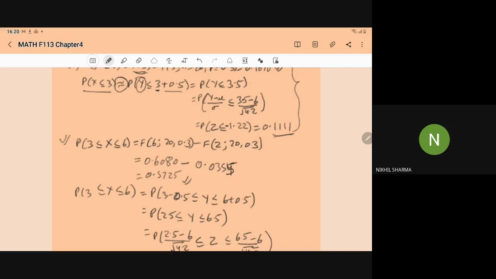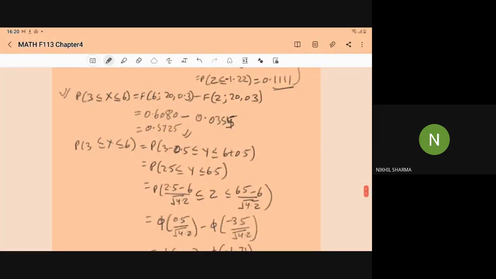See, actually I have computed it through the calculator, so there might be a round off error. In the book table, it is 0.6081 or 0.6079, because I have computed through the calculator, so there may be a round off error. So please take care. So it is 0.5725, because I have not seen the value from the table available in the book. This is the exact value of the required probability.